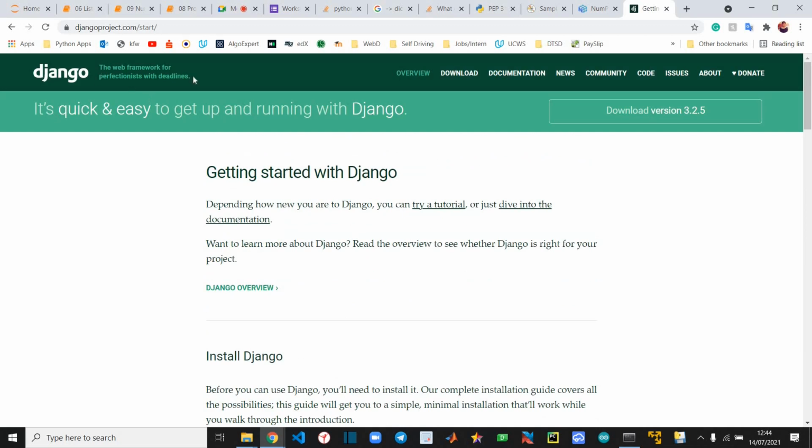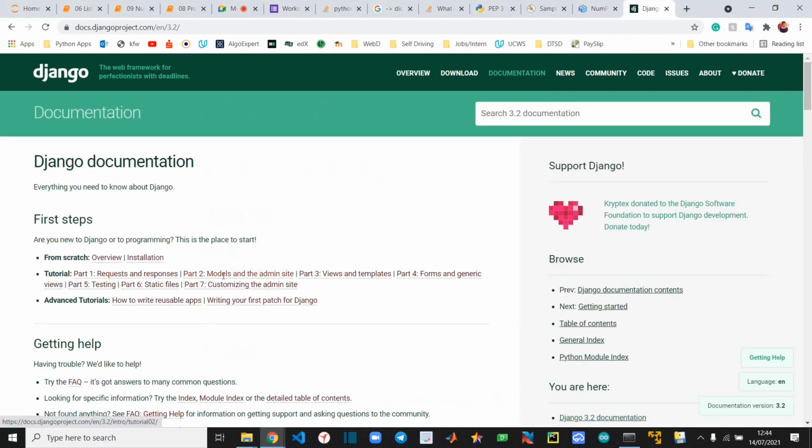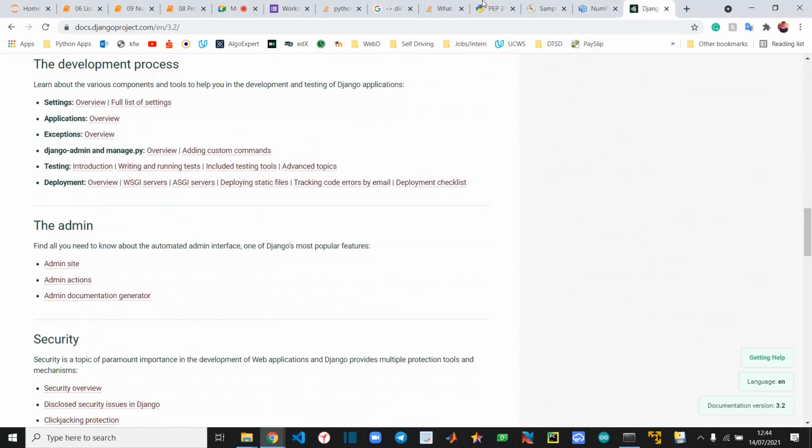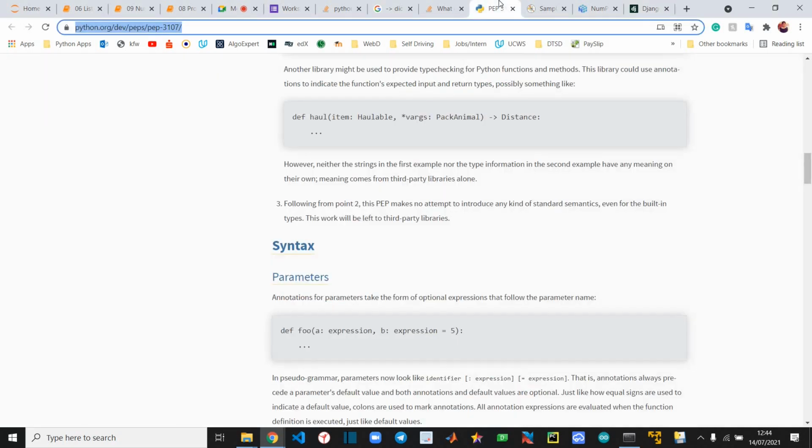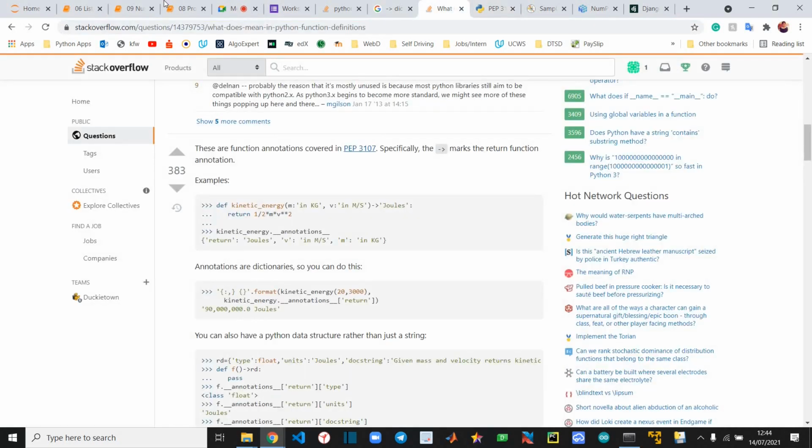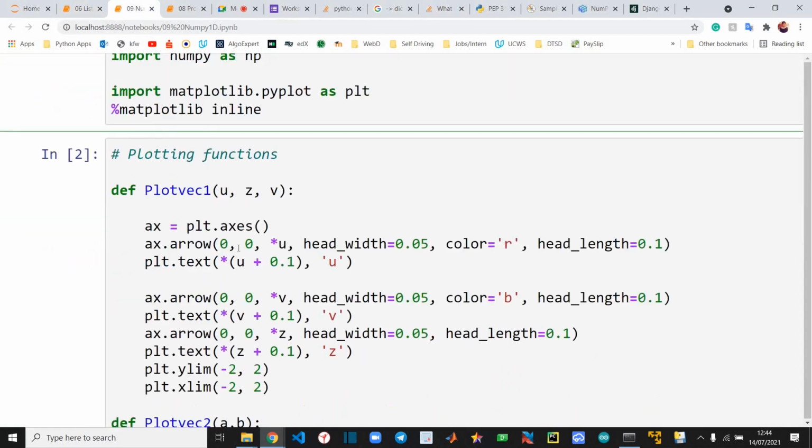Django is for making websites: front end, back end, everything. I don't know much about Web3, though. You can use all these websites, and everything is very well documented. You can also use other websites, but the best quality work is in the documentation. Okay, let's get started with NumPy now.